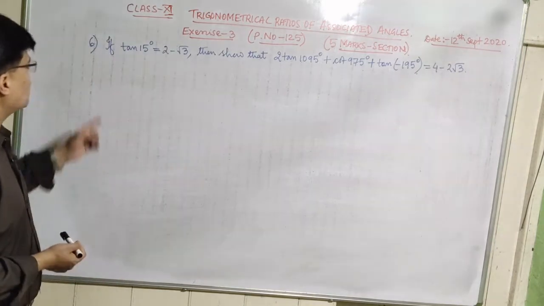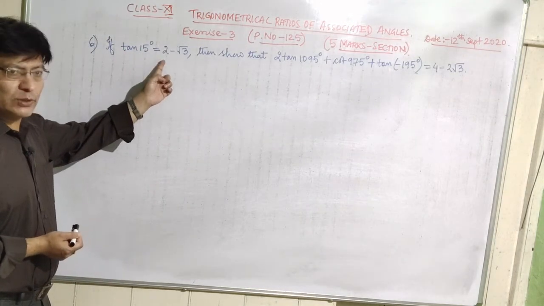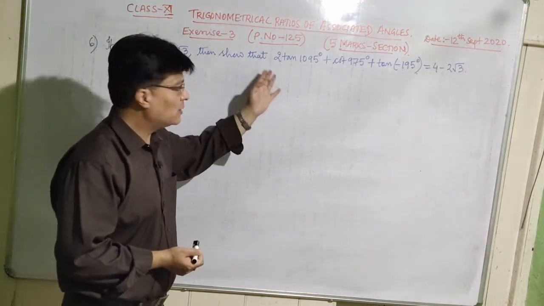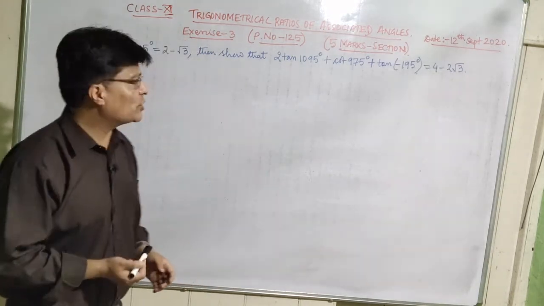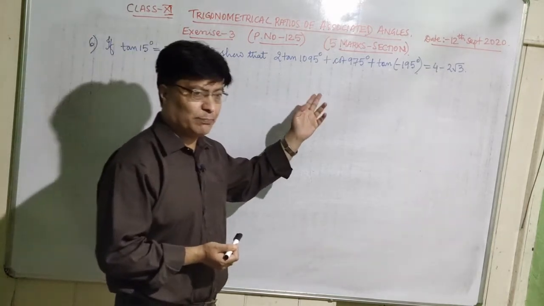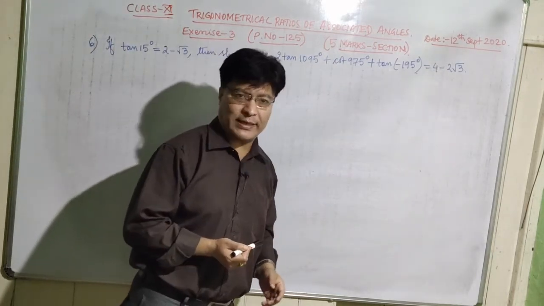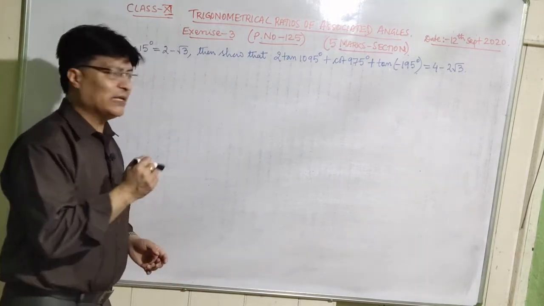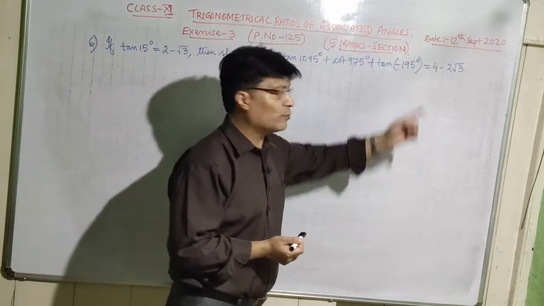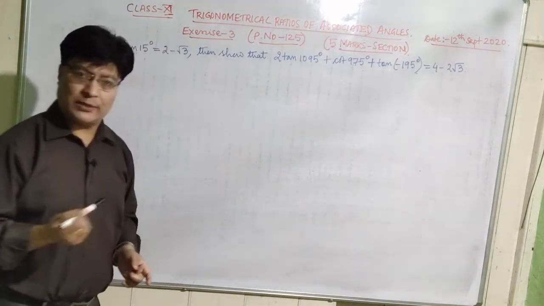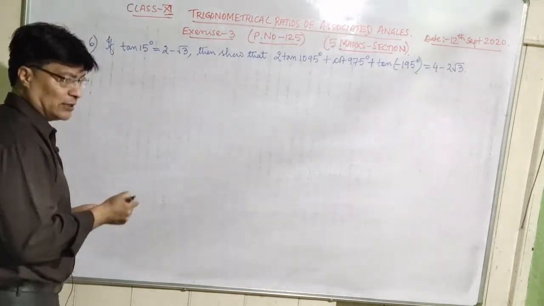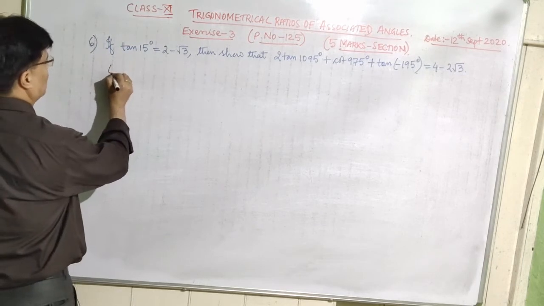Question number 6 is, if tan 15 degree is equal to 2 minus root 3, then prove that 2 tan 1095 degree plus cot 975 degree plus tan of within bracket minus 195 degree is equal to 4 minus 2 root 3. So let us prove it. Let us prove LHS is equal to RHS. Now let us write down here, left hand side